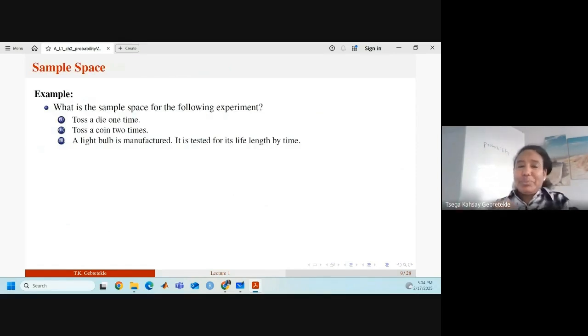Now we are going to list sample space. We said sample space is all possible outcomes of the result of an experiment, and we put it in a set. The first one is toss a die 1 time. We already saw the sample space for this one. It is